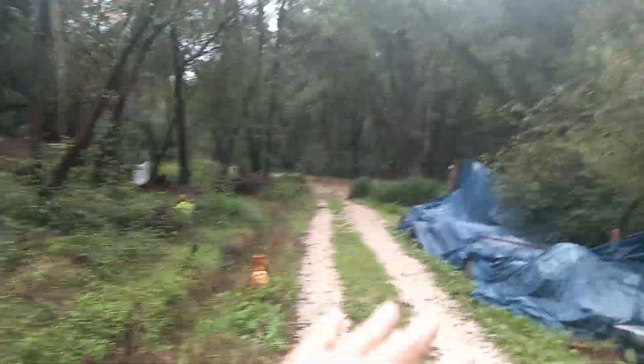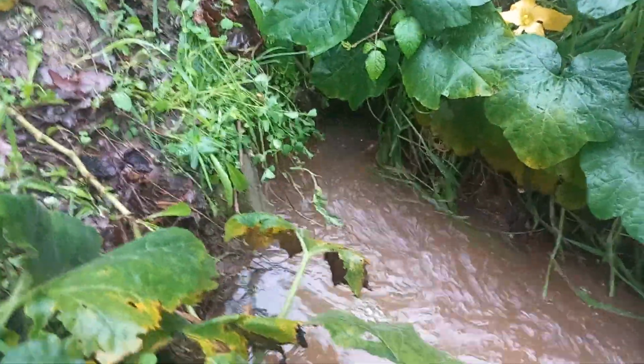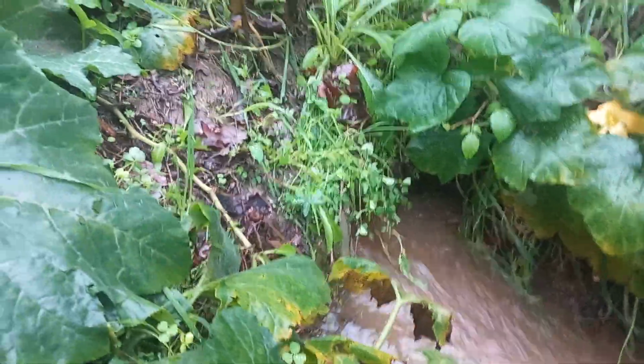So here are these channels alongside the road to take the water from the hill and to stop it from going onto the road. And also take the water from the road and going into the channel. And then under the road is this tube going here, where this water enters the tube, goes under the road and comes out here. So here you see a lot of water flow going from this tube under the road, and it takes all that water along my